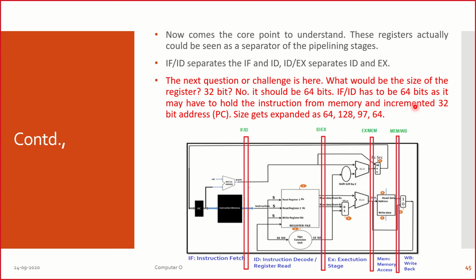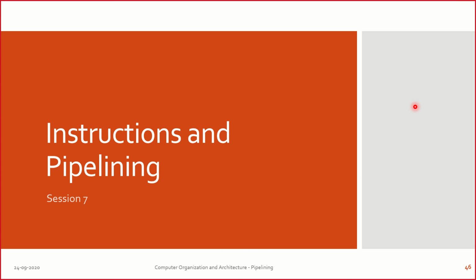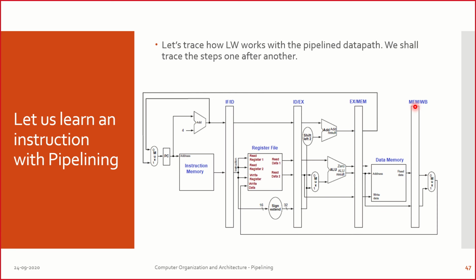Similarly, I wish you guys think about it and tell me how exactly the number 128 is framed, how exactly the number 97 is framed. How do you come up with the number saying that this should be the size of the register? This is the only thing that I am giving you as an assignment. Think about it and come back to me. If you are not able to figure it out, I will clarify it in the next session.